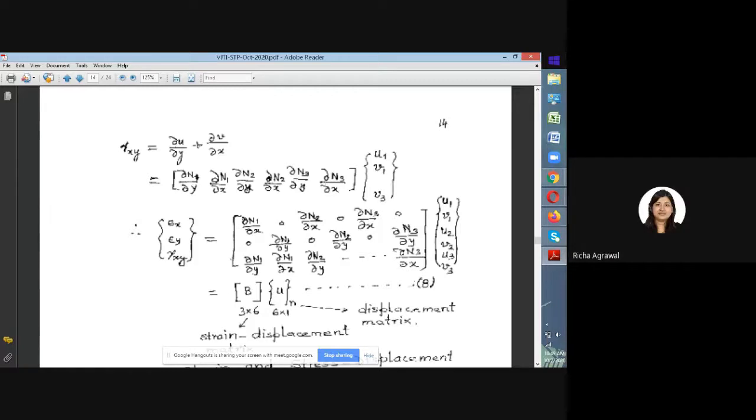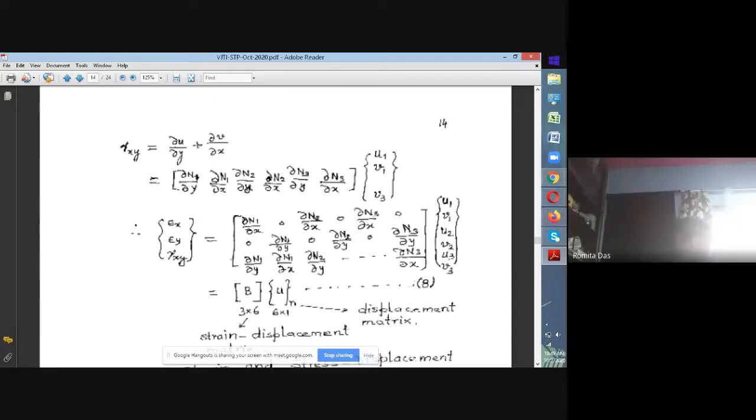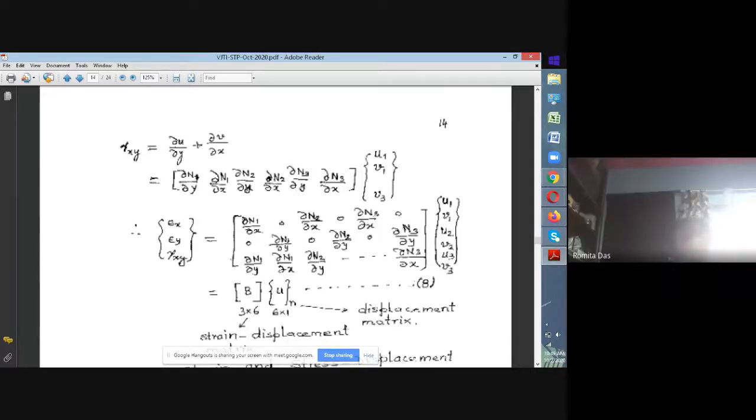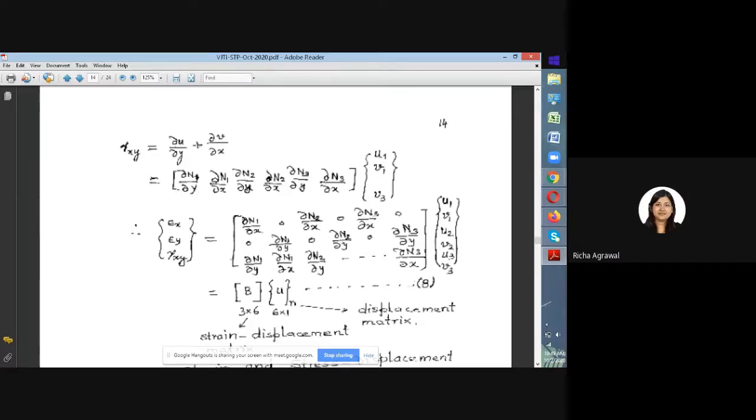Sir, actually, why this question came into my mind is, when we draw the variation of a quadratic or cubic shape function, we show that it is going in the negative direction. When we draw that variation of N1, N2, and N3, we show that it is going in the negative direction, and we say that it is varying from 0 to 1. So that's why I always have a confusion whether it can be a negative value. Because whenever we solve the problem, we always get positive values of all the shape functions, and the sum is coming out to be 1.